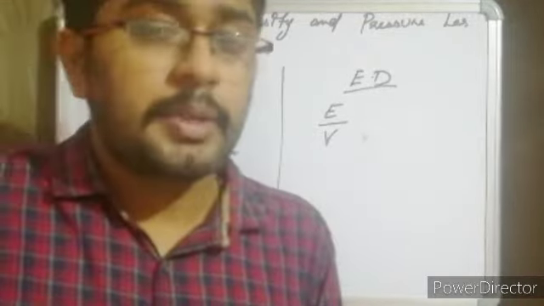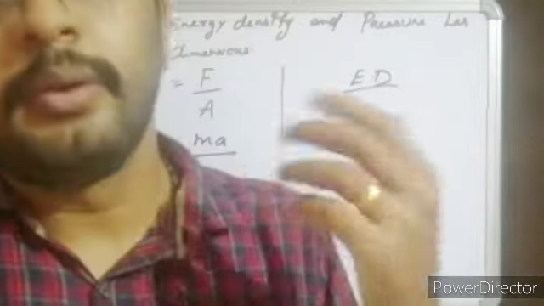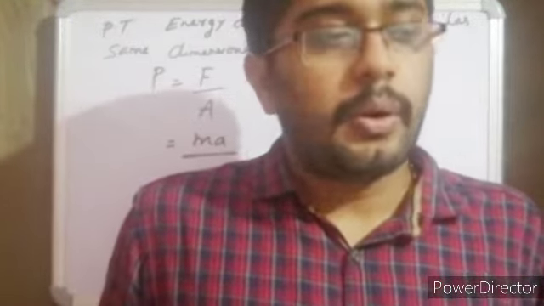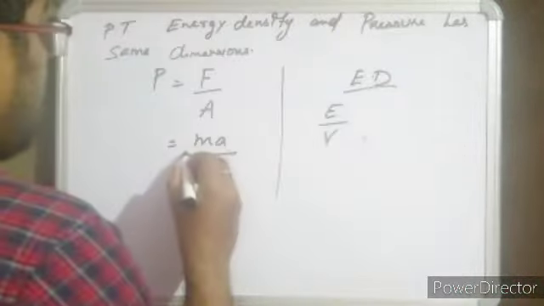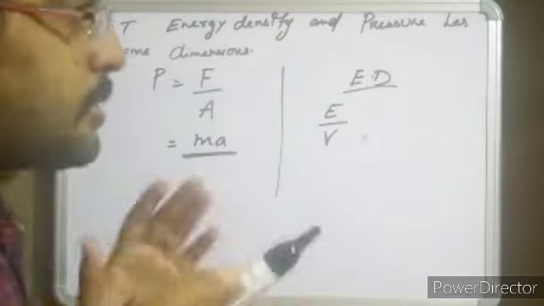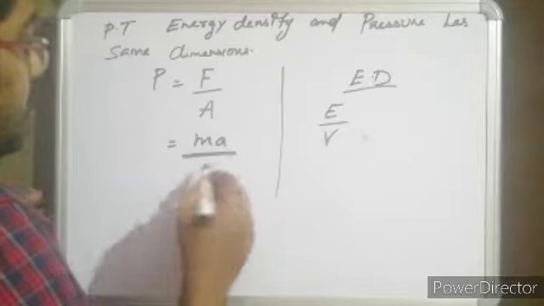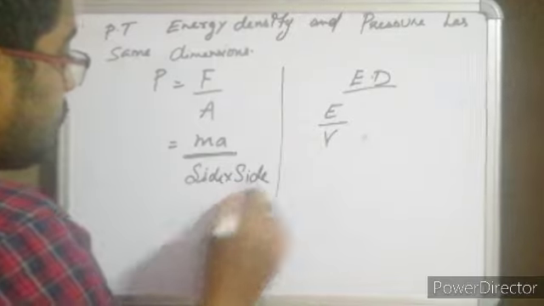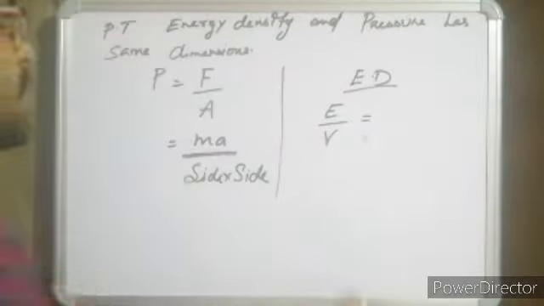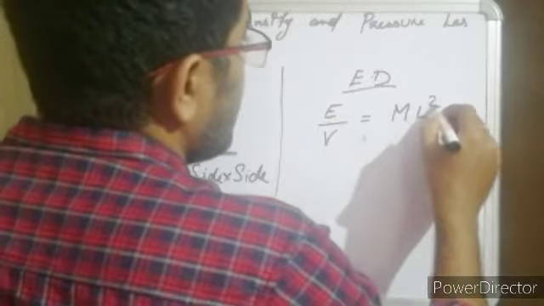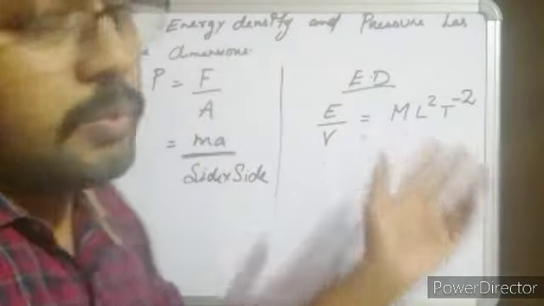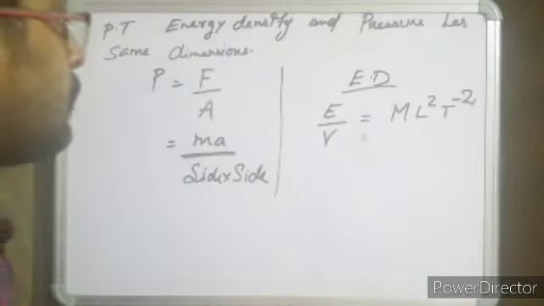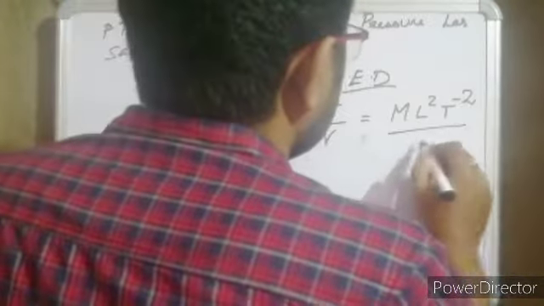The dimension of area is irrespective of whether it is the area of a triangle or the area of a circle, whether it is pi r square or half BH. In all the cases, the dimension is going to remain the same, so I'm taking it as side into side. And for energy, you already know the dimension, M L square T raised to minus 2, from work is equal to force into displacement. The same thing is your energy. Work done is the energy stored, divided by volume L cube.